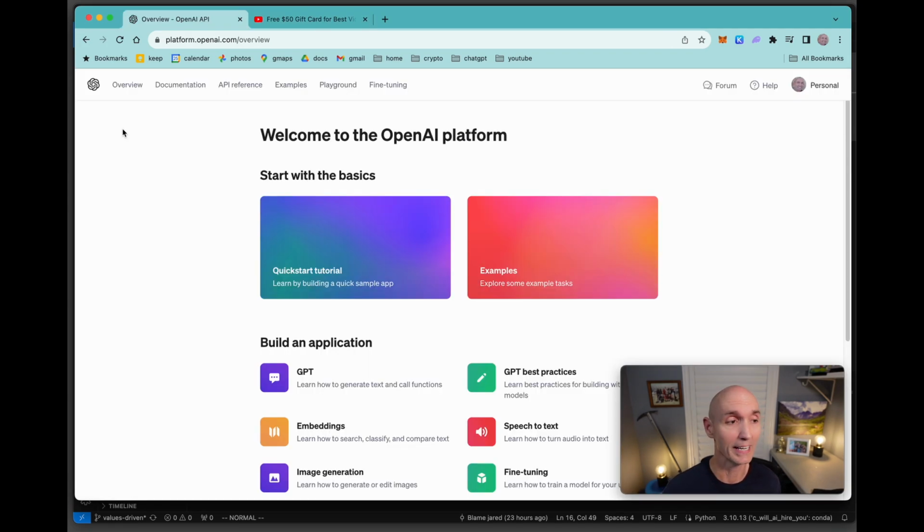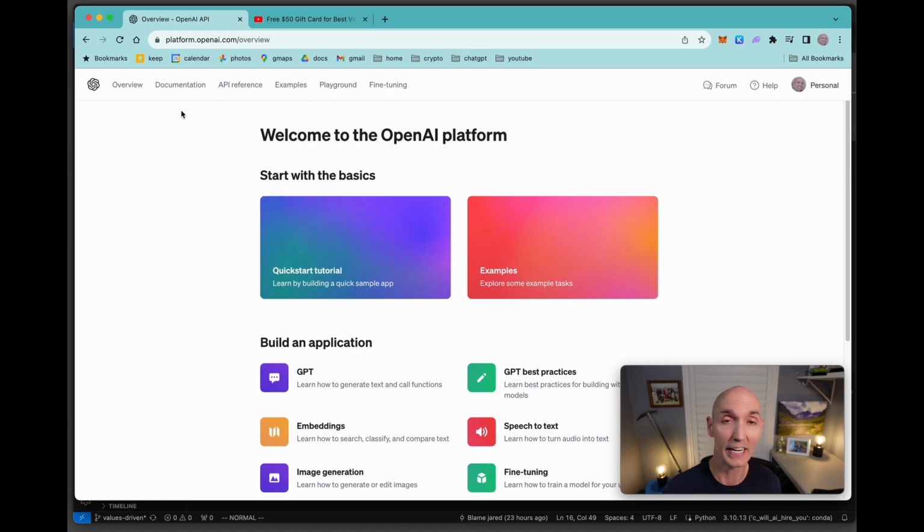For today's demo, we're going to actually get back to the basics. We're not going to use LangChain. We're not going to use AutoGen. I know I do a lot of videos with those. Those tools are great, but they hide a lot of stuff. They do a lot of stuff for you. We're going to get back to the basics on this one, and just going to be using straight up OpenAI